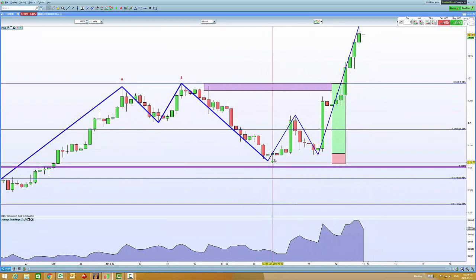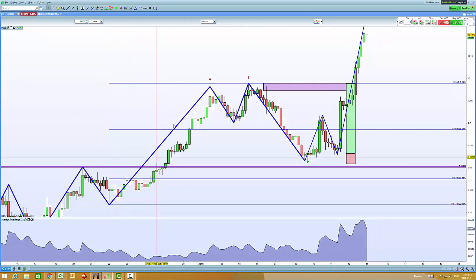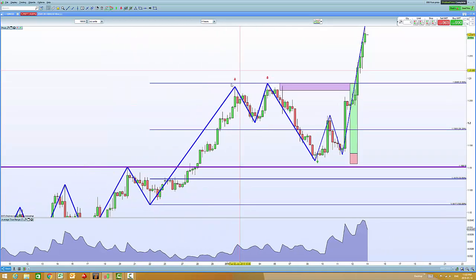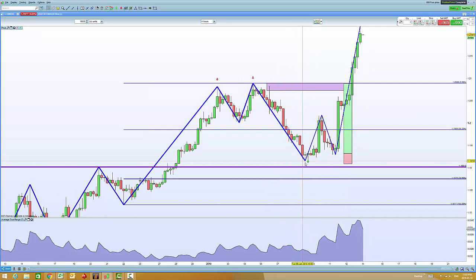You recall we got long right here. This market had pushed to the upside. We put in a higher high, higher close over there, retraced, pushed up, put in a higher high, but not a higher close. So we waited for another retracement over here. We got it pulling back all the way down to these levels here.